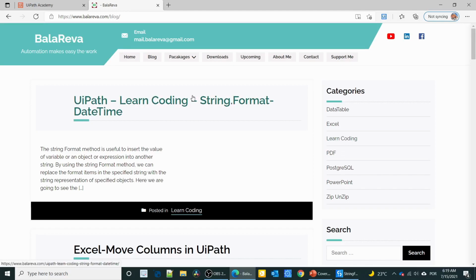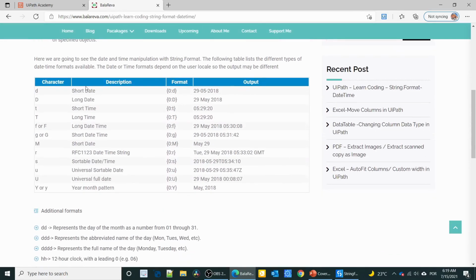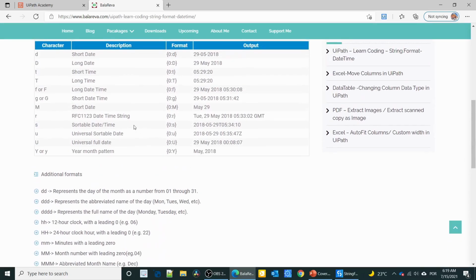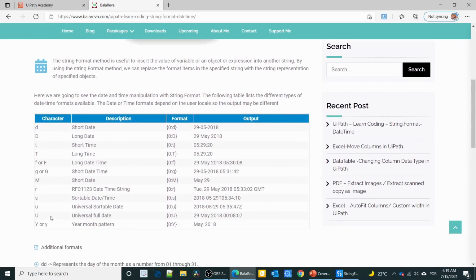You can go directly from here, or you can select Learn Coding, and when you enter this blog you can see all the formats, and here also you can see the additional formats. So using these characters we can display or show the date and time in different formats.